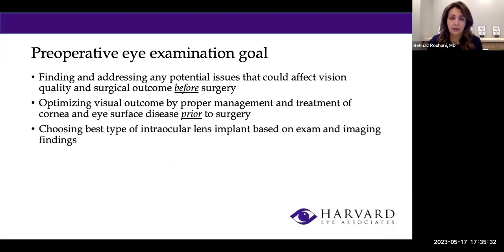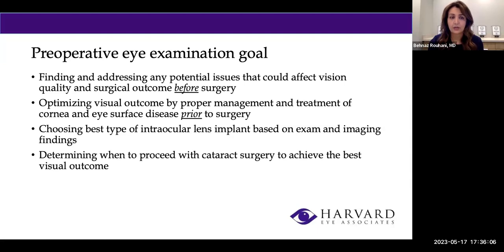The type of lenses that we implant when we remove the cataract from the eyes are very important. These days, because of the technology era that we live in, we have a lot of different beautiful lens implants and technologies out there. However, not every eye can take that. So it's very important to know about the general eye health condition prior to making a decision of what type of lens implant we should give to our patients.